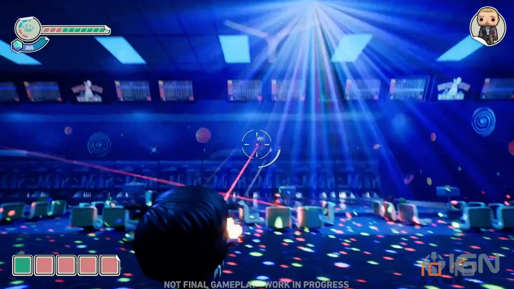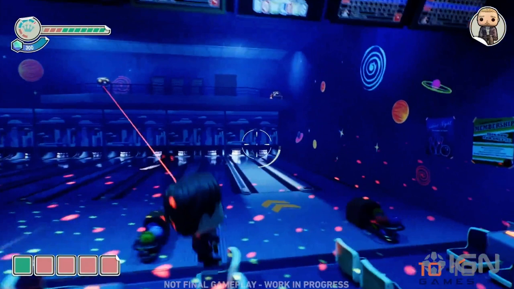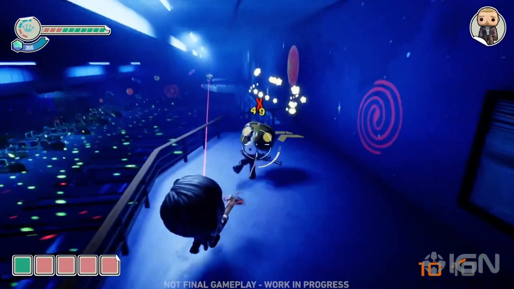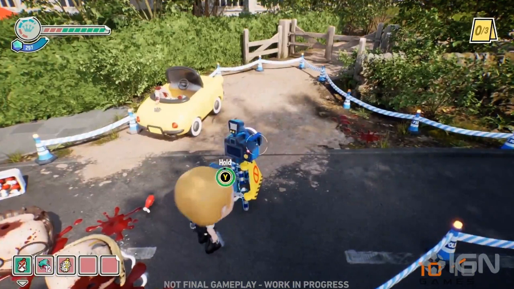In the next scene, we move to a bowling alley, where the player is shooting at an enemy on a balcony in the back of the bowling alley. The player uses the character's teleportation ability to phase up to the balcony and fight the enemy, who has a gas mask on. After that, we go to a crime scene, where the player is playing as the main character